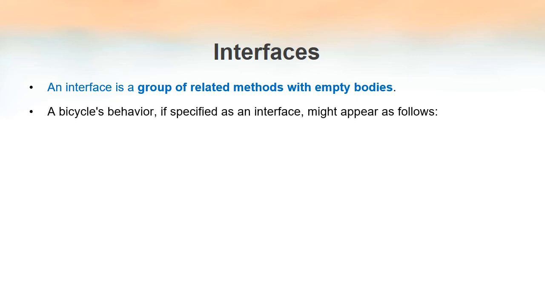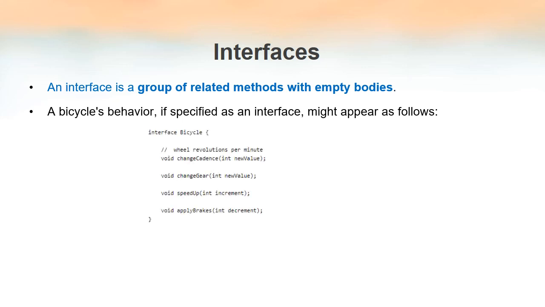Now we will see an example. We are going to define an interface that showcases the working of a bicycle. How that interface will look, that is what we are going to see next. As you can see here, we have used a keyword, that is interface. This is the keyword that we have to use to declare an interface, and then comes the interface name. Then we have to open a pair of curly brackets, and then we have to write the method headers alone.